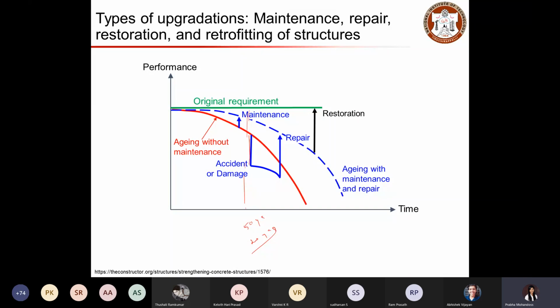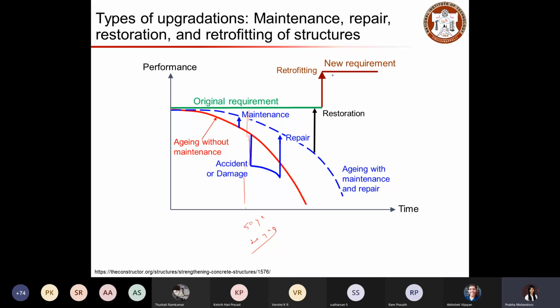So the capacity for meeting today's requirement is different from what we had before. So we have a new requirement for meeting the current demand in the current scenario. In that case, we need to retrofit the structure so that we can meet the new requirement.